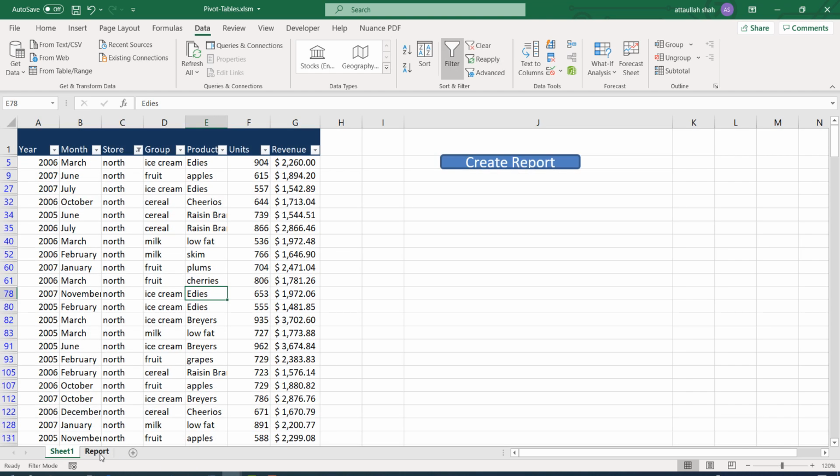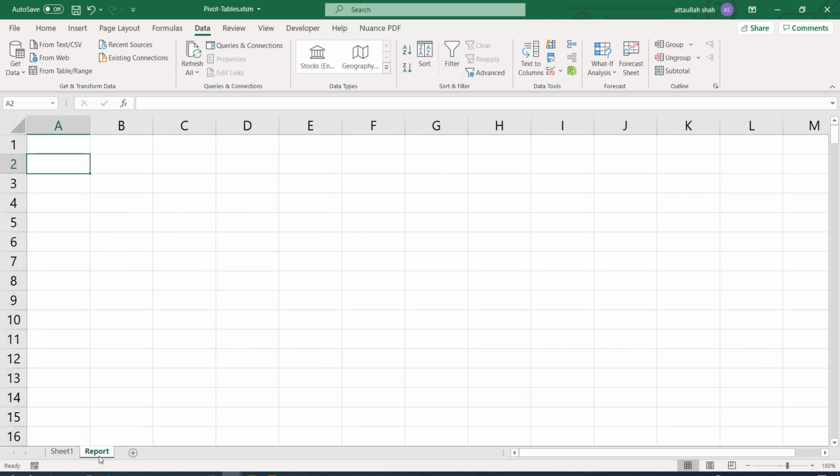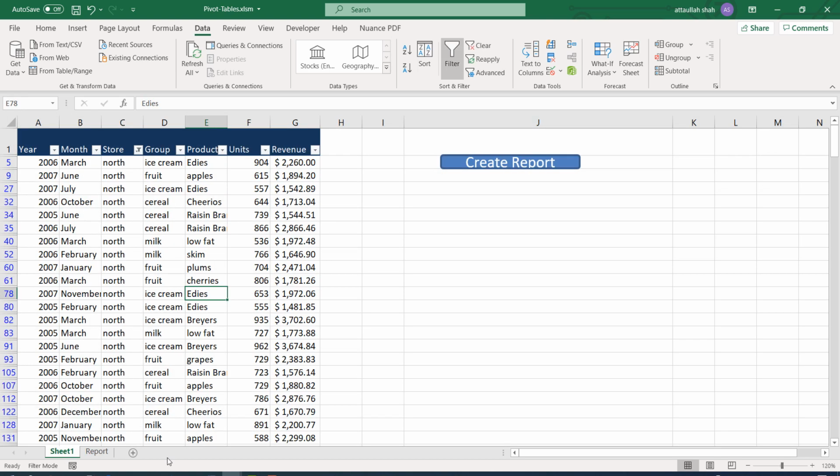Okay, so the filter macro now has 3 steps. The first step is we go to sheet 1, then we remove the filter, and then we come back to the report sheet. So these are the 3 steps performed inside the remove filter macro.